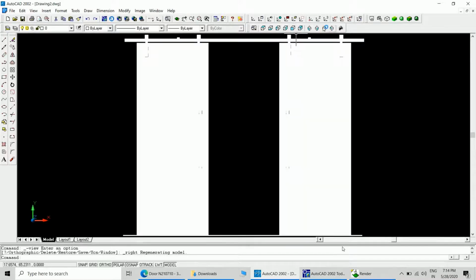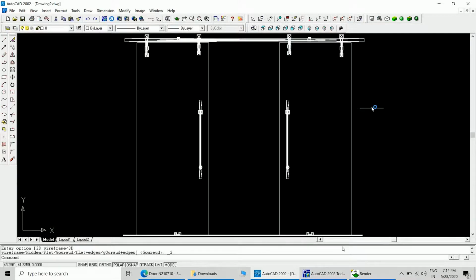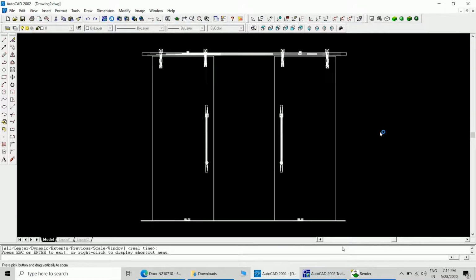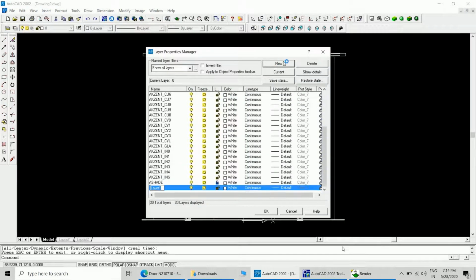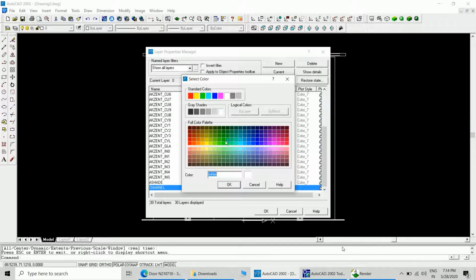Now we will put different parts of the sliding door on different layers. I will be creating only three layers so that I can manage the complicated part.